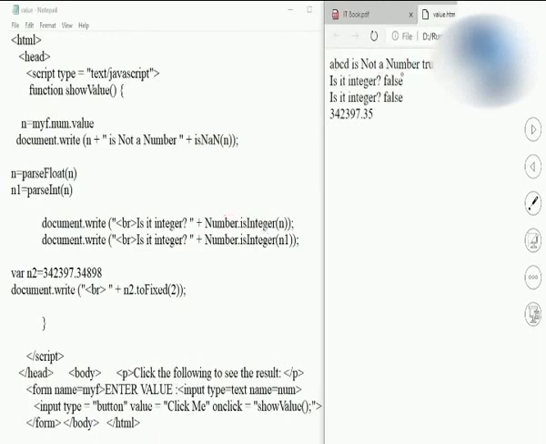So is it an integer number? False, it's not an integer number. Again I'm asking, is it an integer? N1 I have assigned. I have tried to convert that into float and integer. So as it's ABCD, it has not converted into integer and float values. Observe here, N2 I have specified some number, and here toFixed I have written. Over here this is the correct syntax. Now I have specified 2. 2 means I want only 2 digits after the decimal point. Students, here there is an 8, that's why it has converted to 35 instead of 34.